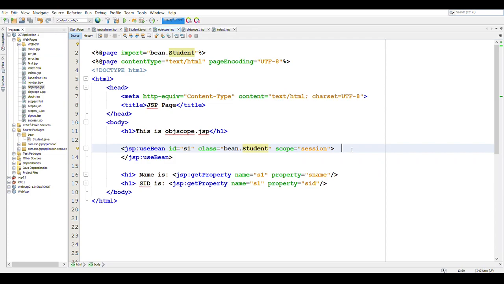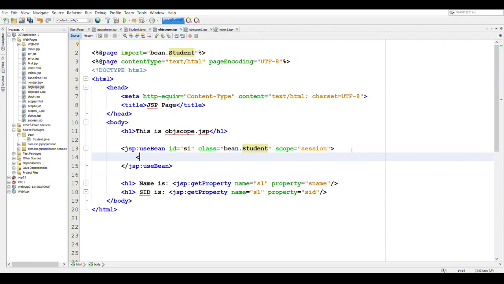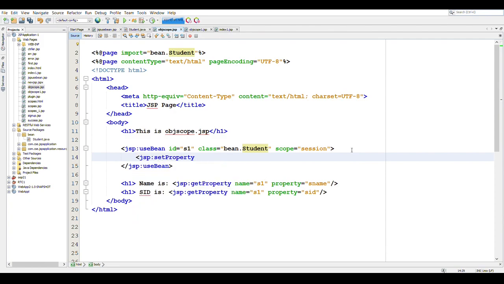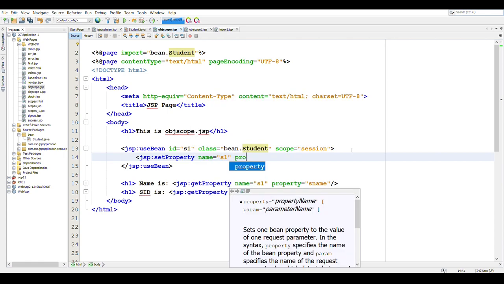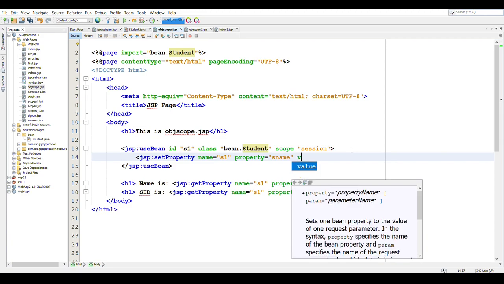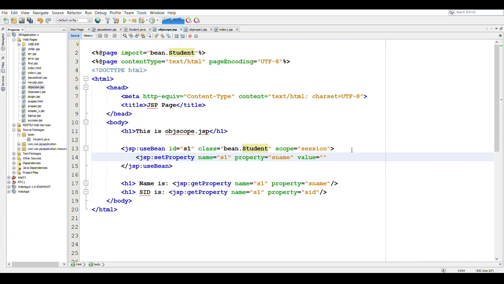Now we may use the set property action tag here. So we can say JSP set property, name is s1, the property that we want to set is sname, and the value is, let's say, ABC.